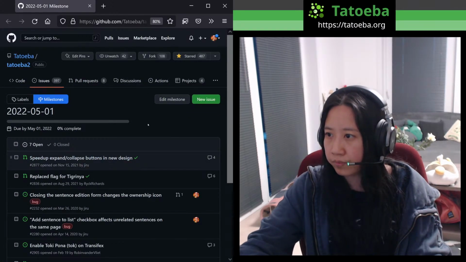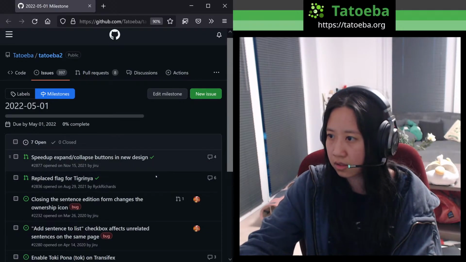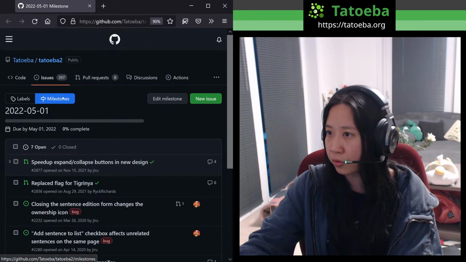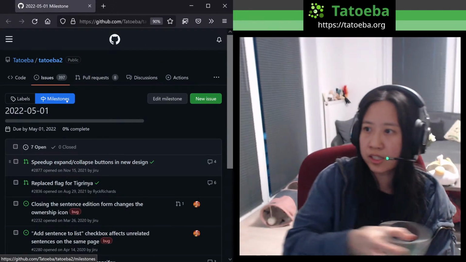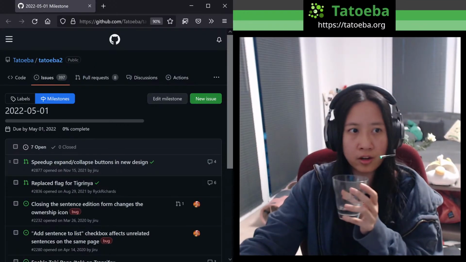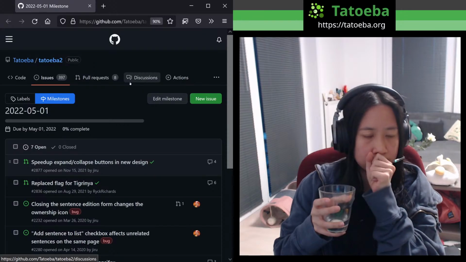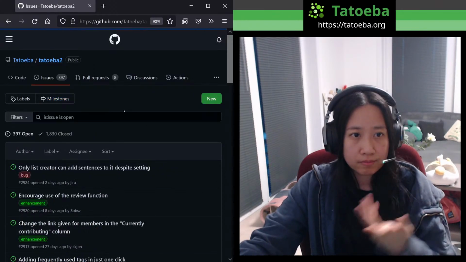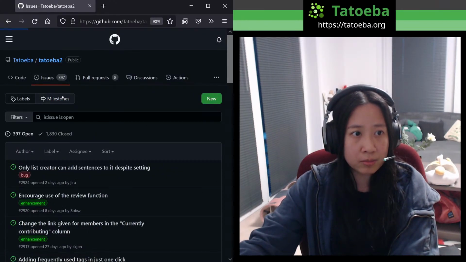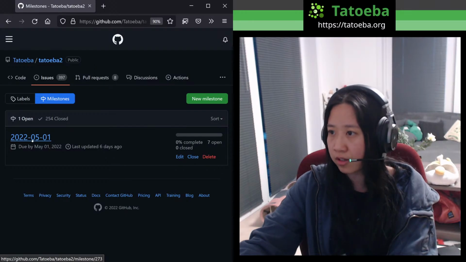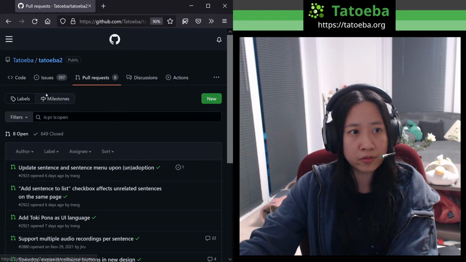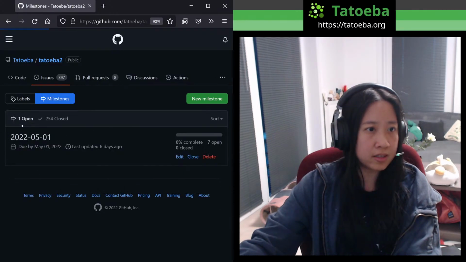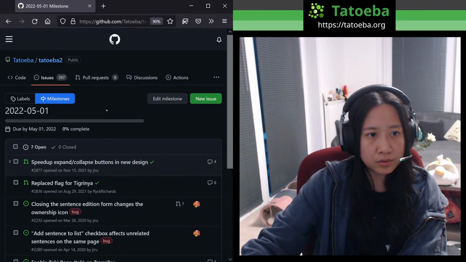Okay, so today, as usual, everybody can always check what's being planned for which release by looking at the milestones in our GitHub repository. You can access them by going to the issues tab and then milestone here, and you can see which ones are open. Or you can also access them from the pull requests tab, milestone, it's the same thing. So today's milestone,